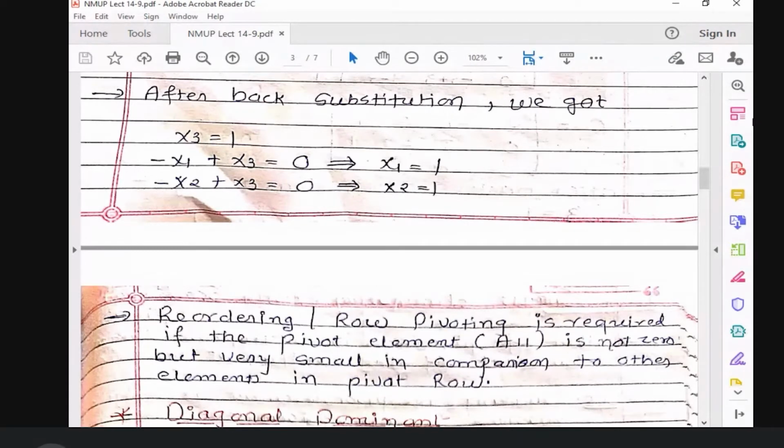But suppose you want to write a program for the same set of equations. At that time, you have to perform different mathematical things, right? First of all, you have to swap the rows. Second, you have to find the maximum value. Third, you have to compare all these things. If you get a very small value, then you have to round off, right? So it's a little bit complex.